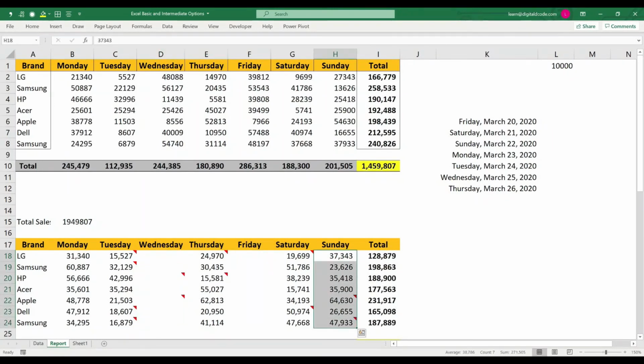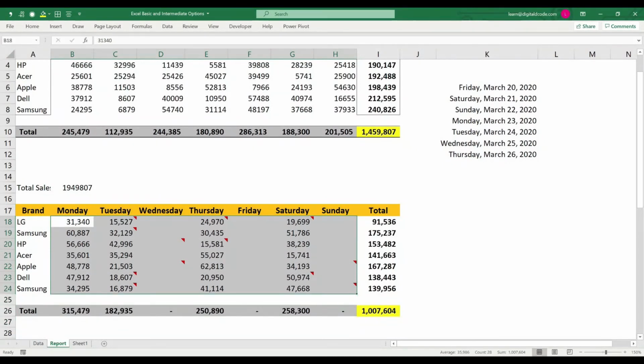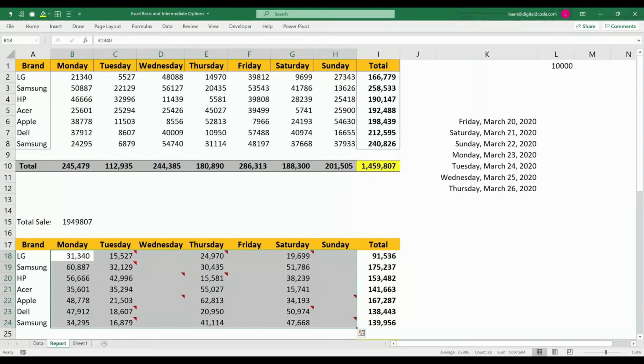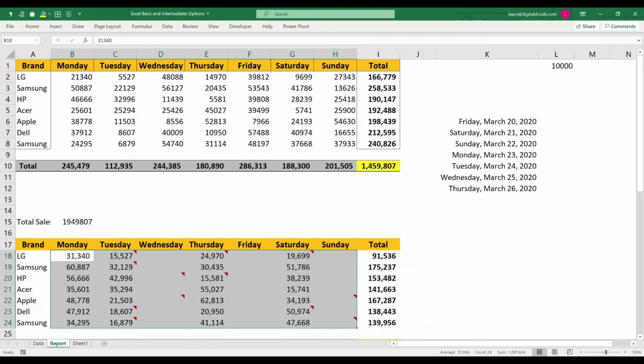Now I want to paste this data on the top, from Monday to Sunday data in the top table. Because I want to paste only this data and I don't want to disturb Wednesday, Friday and Sunday, I want those data to remain there. I want to paste only the data from Monday, Tuesday, Thursday and Saturday. Only these 4 columns to be pasted.